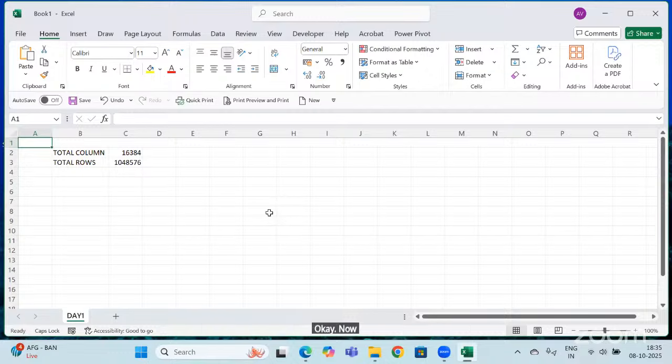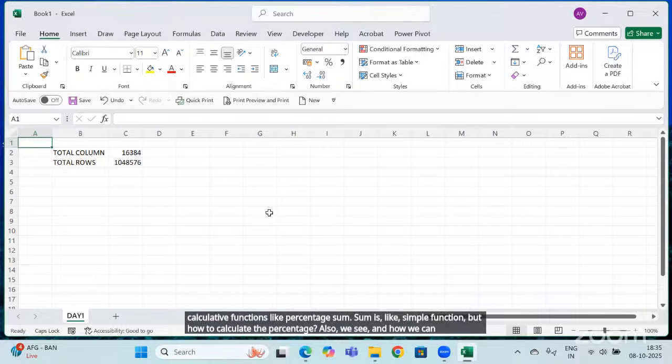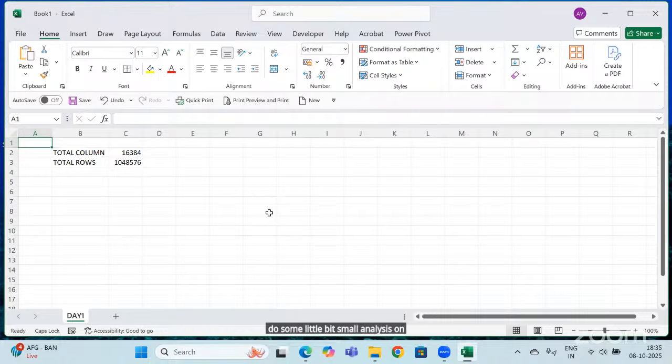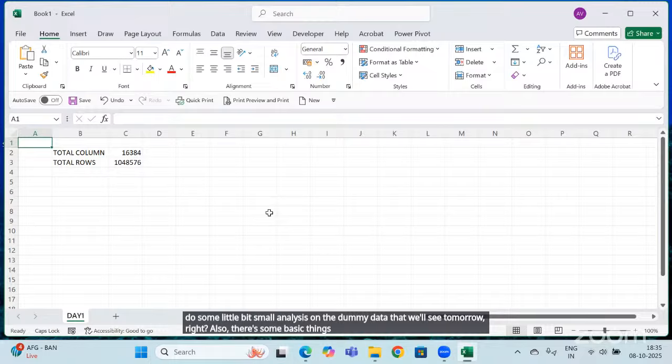Now, we have done some basic part. We have understood some basic things about Excel, how we can open it, and the interface of Excel. But from tomorrow, we will see how we can create dummy data and then work on it, using some not-so-basic functions, like calculative functions such as percentage. We will see how to calculate the percentage, and how we can do a little bit of small analysis on that dummy data tomorrow.